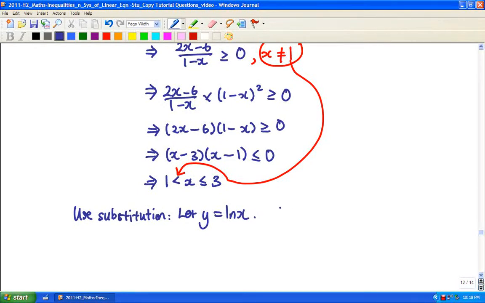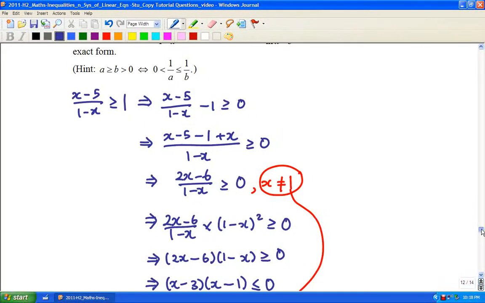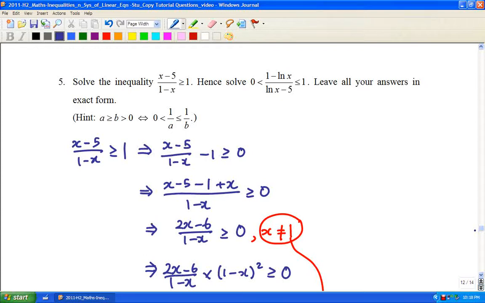So the inequality 0 strictly less than (1 minus ln x) divided by (ln x minus 5) smaller or equals to 1 will simplify to 0 strictly smaller than (1 minus y) over (y minus 5) is less or equals to 1. Now how is this inequality actually related to our first part? We now have to look at our hint. Take note that